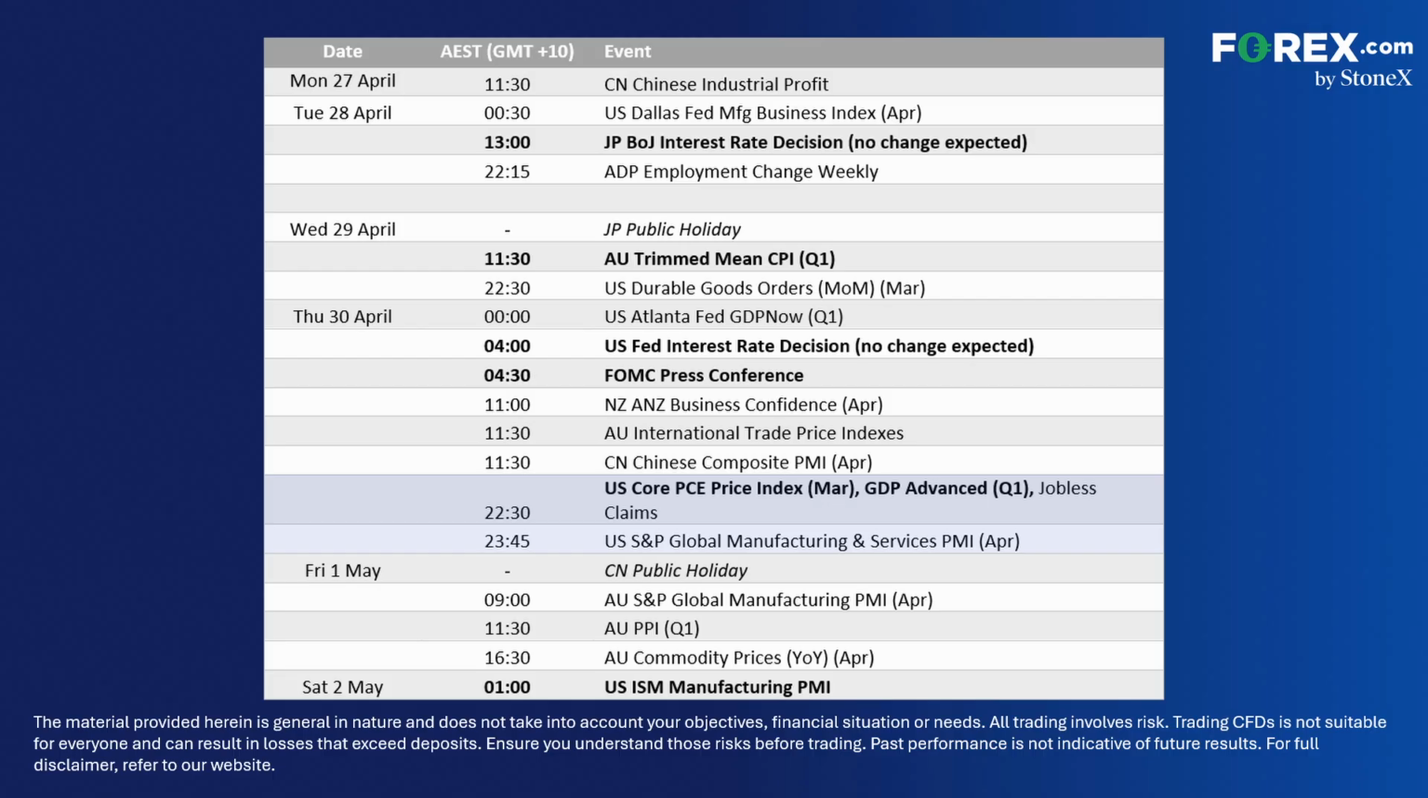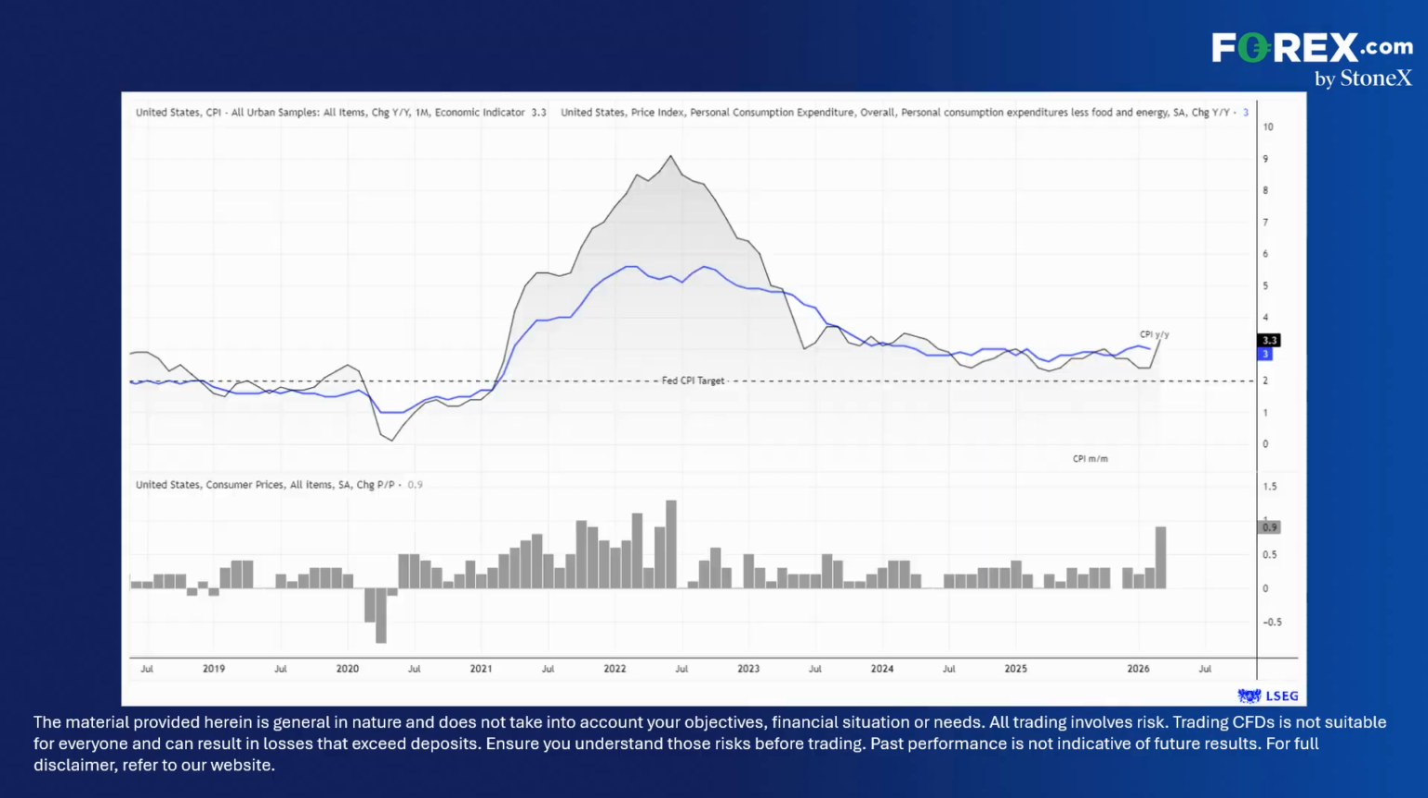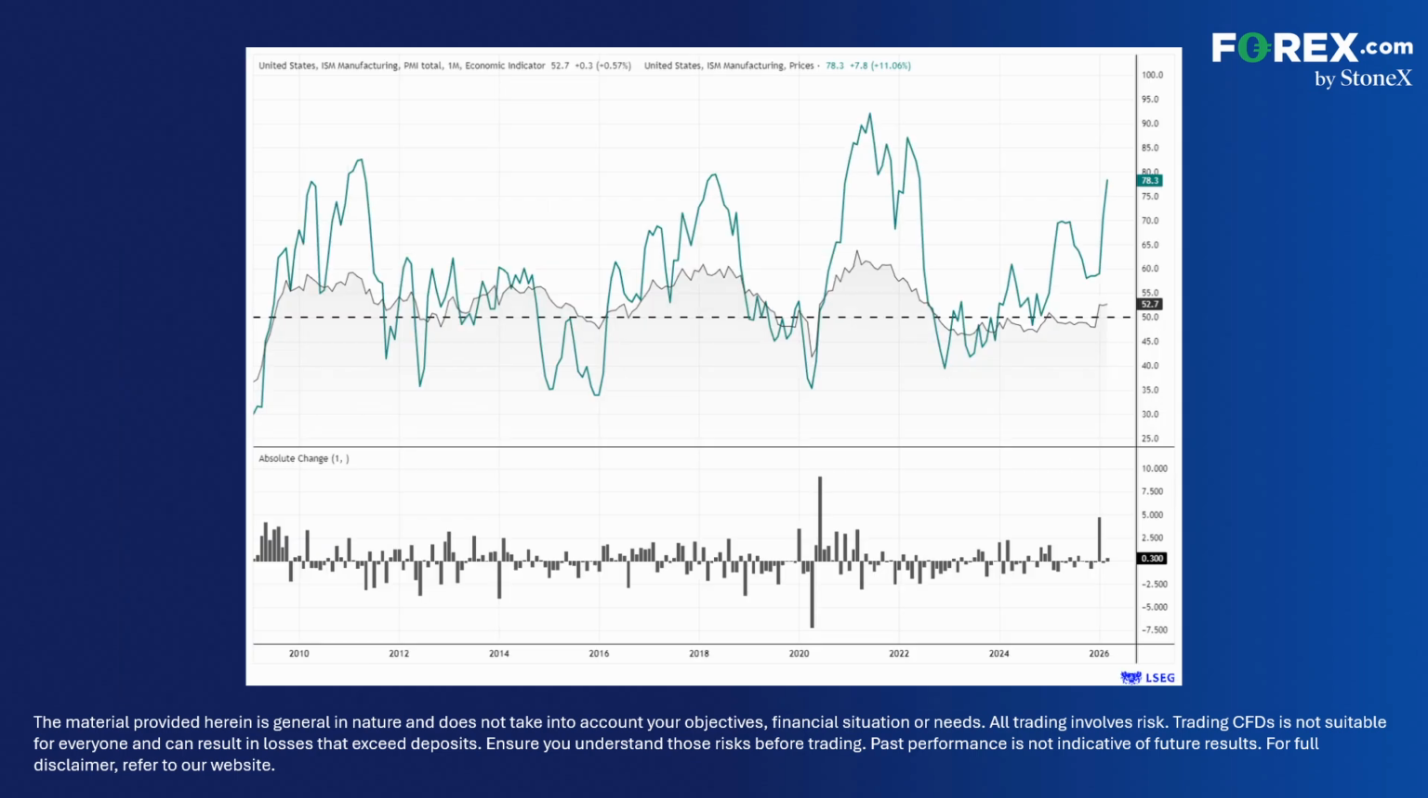Note that the US data on Thursday includes GDP, PCE inflation, as well as jobless claims. It'll be interesting to see how much of the inflation spike from the recent CPI report makes its way over to the less volatile PCE price index. And we could also see prices paid accelerate further in Friday's ISM manufacturing report, given the ongoing issues with the